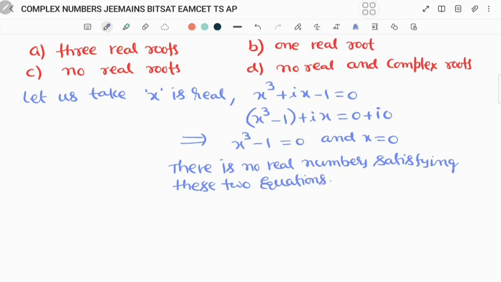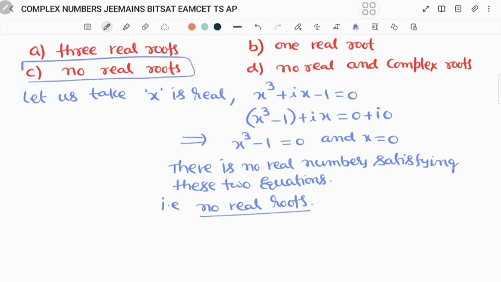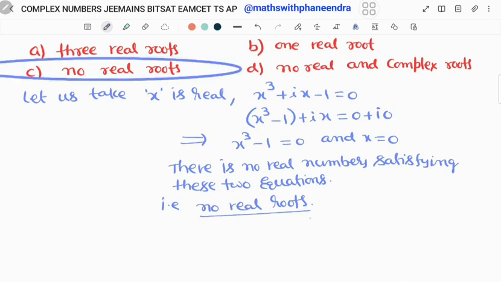So what we can say, that conclusion: x cube minus 1 means it is a factorization we can do, x minus 1 into, so therefore there is no real root. Here if you take x equal to real, it means there is no real root, that is, no real roots it forms. So therefore the